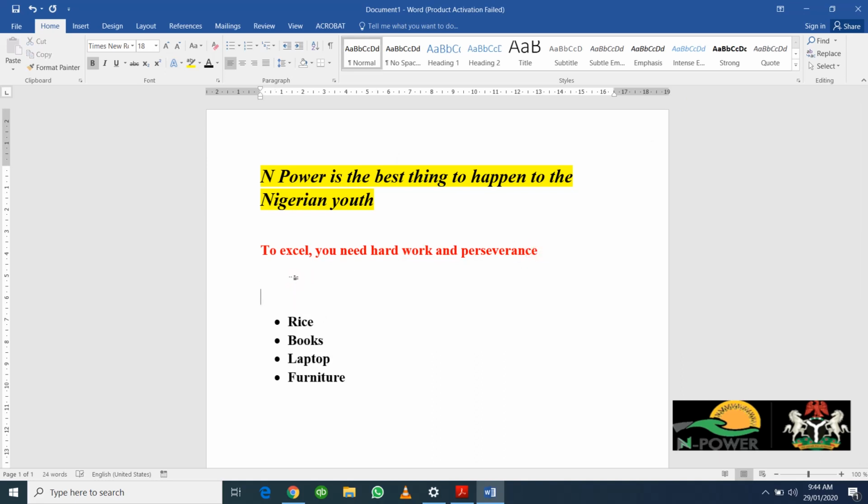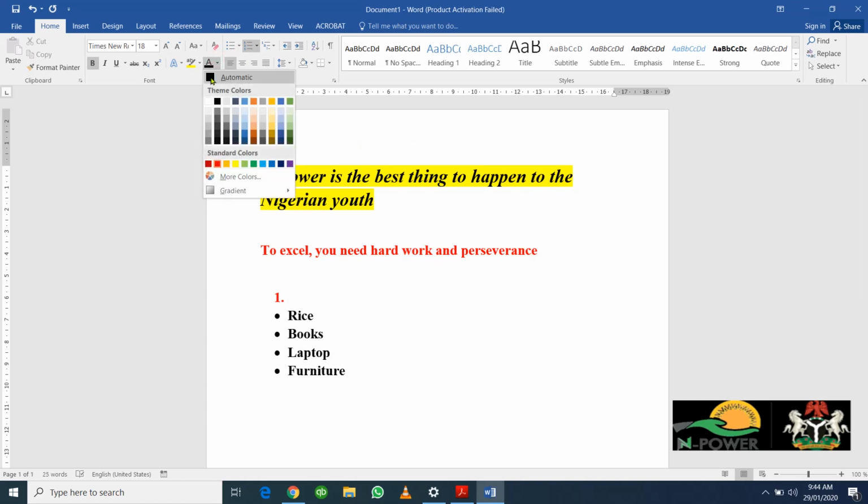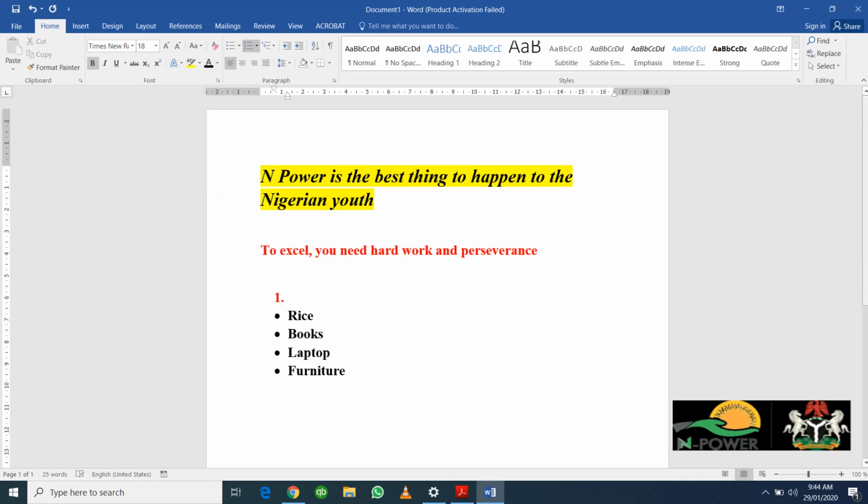Another way to do it is this. Before I start to write the items, I can just click on what I want. In this case, I want it to be in the form of 1, 2, 3. Now let's say I type number 1. Sorry, hold on. Let's say I type, "IT is the future," or I type,